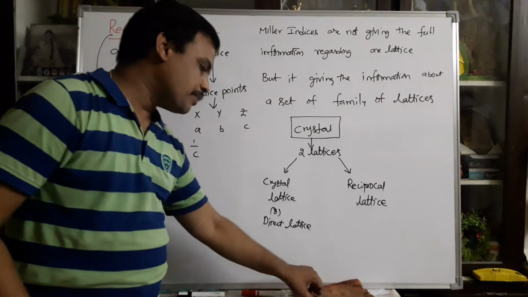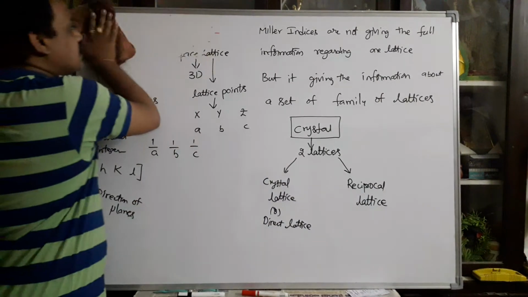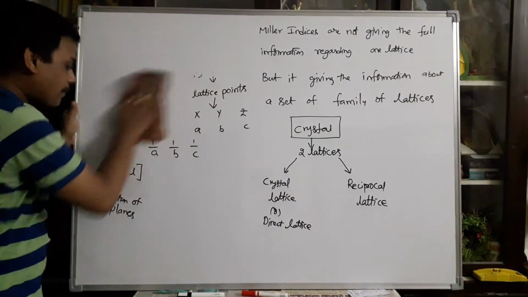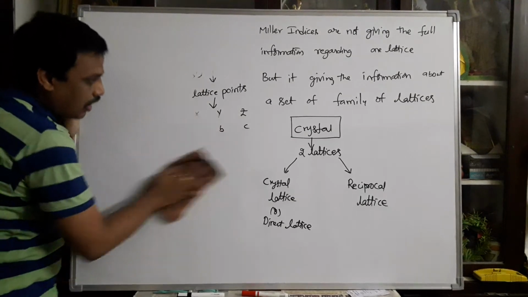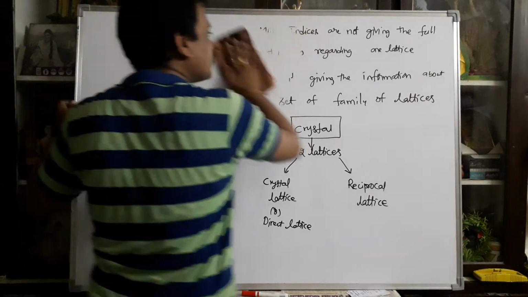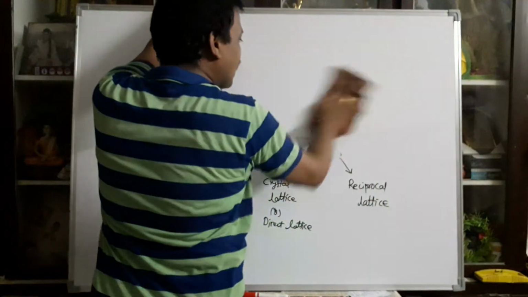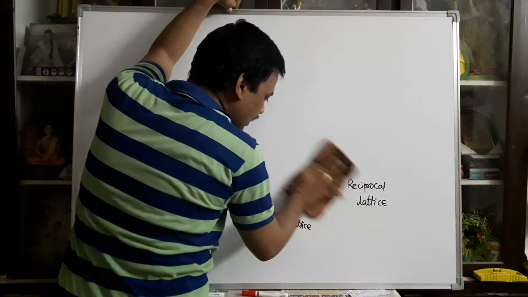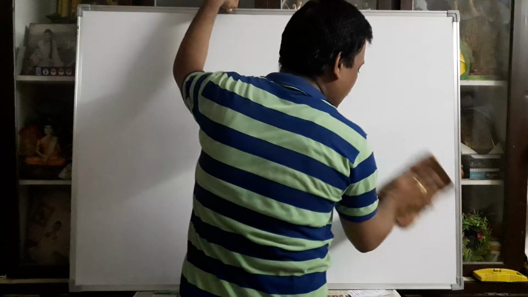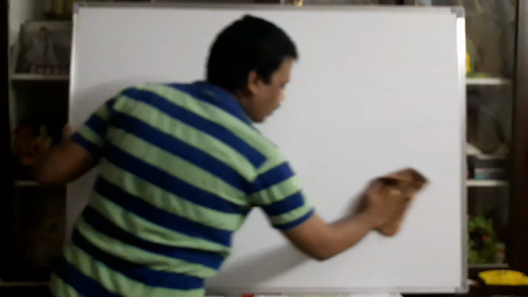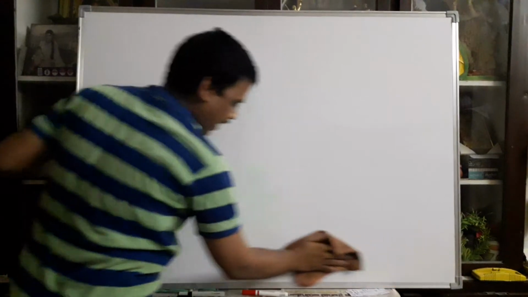What is a reciprocal lattice? First of all, what is a reciprocal lattice? In our last class, we completely explained the Fourier analysis, Fourier transformations. Based on Fourier transformations, we can clearly explain the amplitude scattering factor. So, based on Fourier analysis,